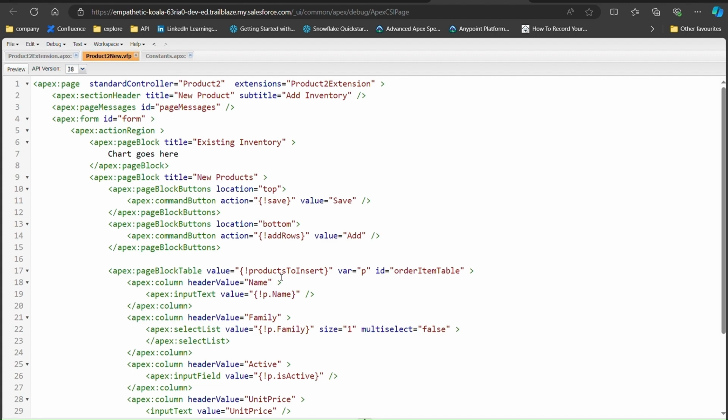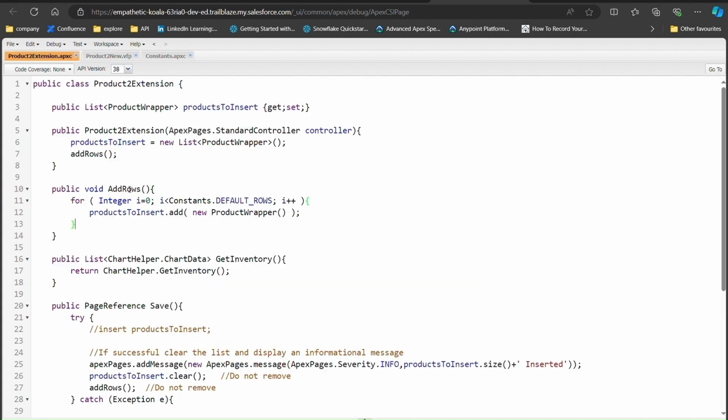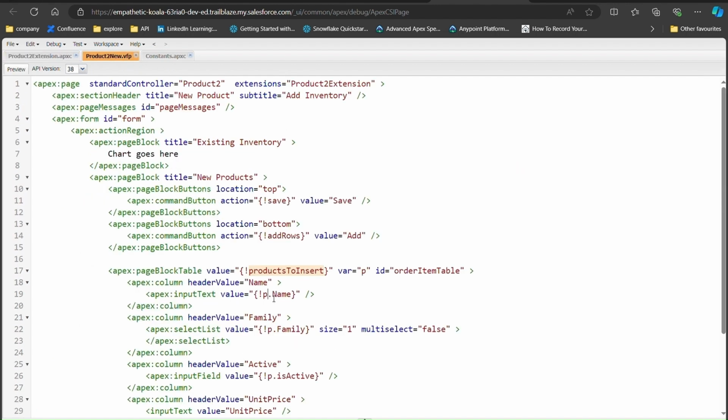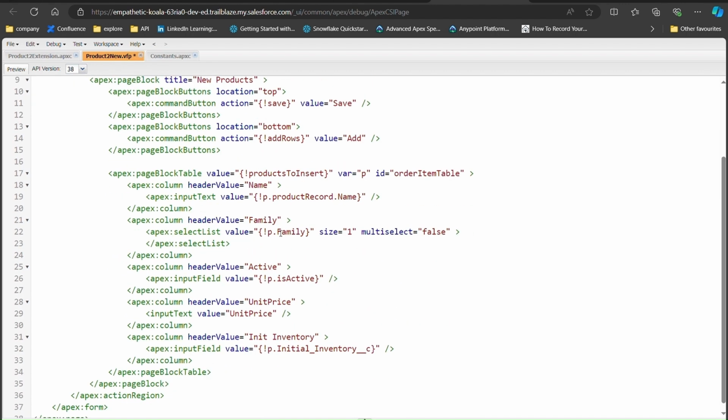So here you can see family. And also as per the challenge, we need to show the label of that one, not just the